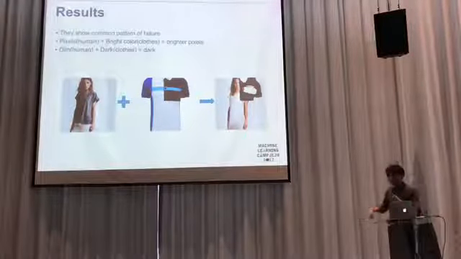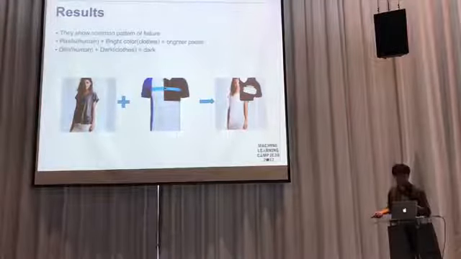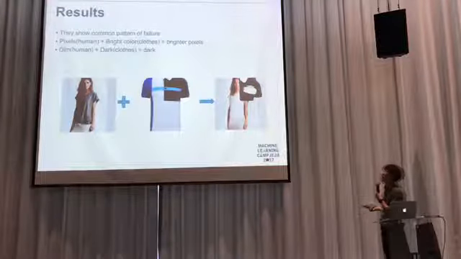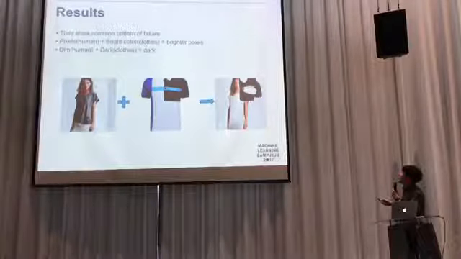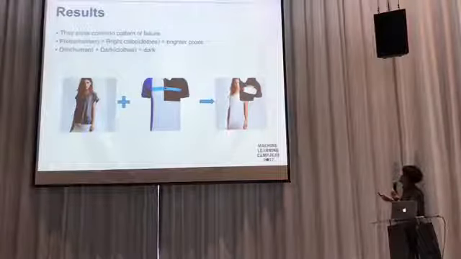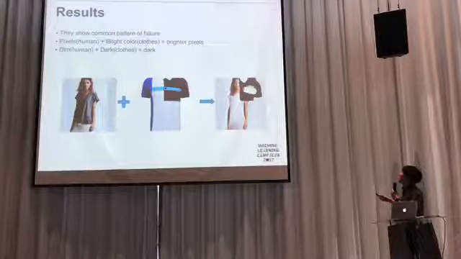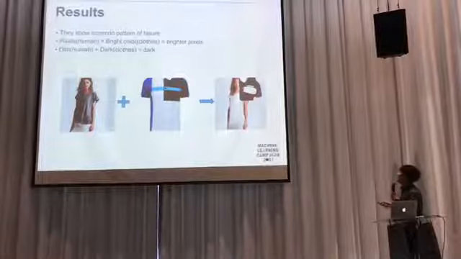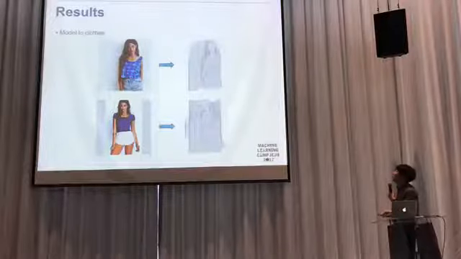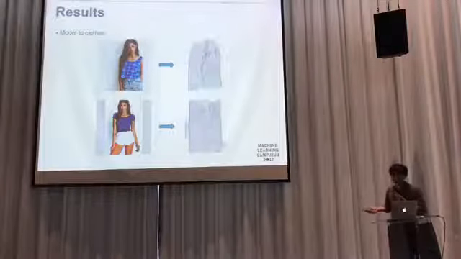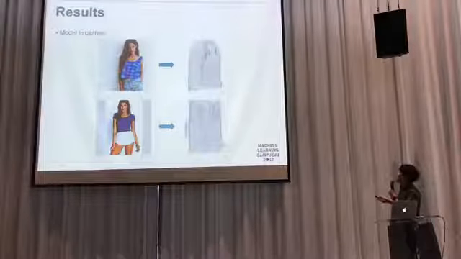So I browsed the results of my model, and they show this common pattern of failure. If the clothes are bright, it just changes white to white, and if it's dark, it just covers. So it's a very severe problem. And it also failed to convert model to clothes. It's either collapsing or just